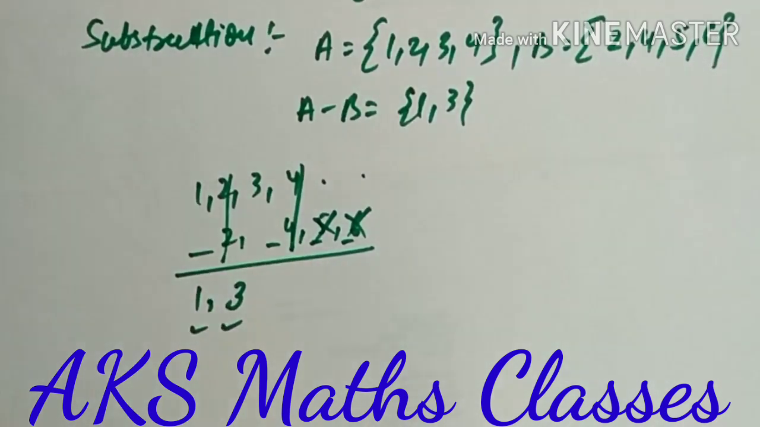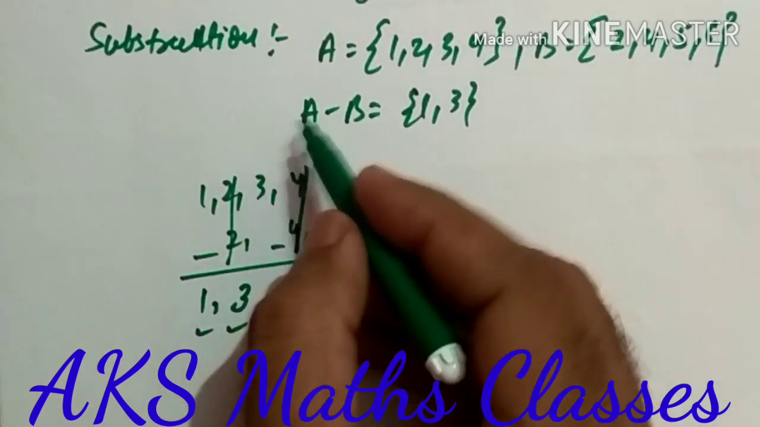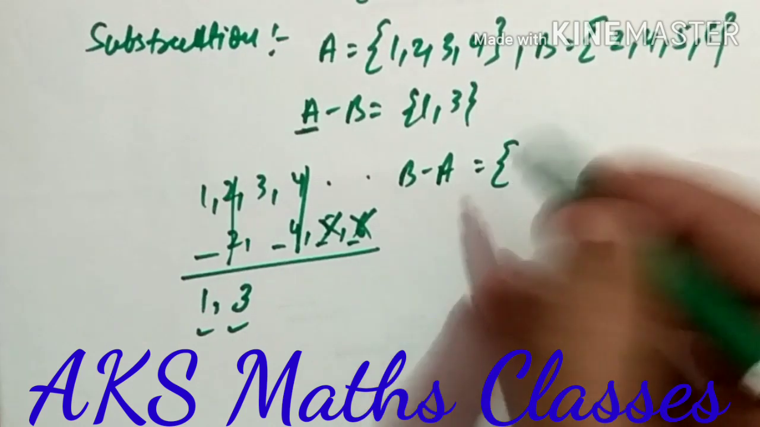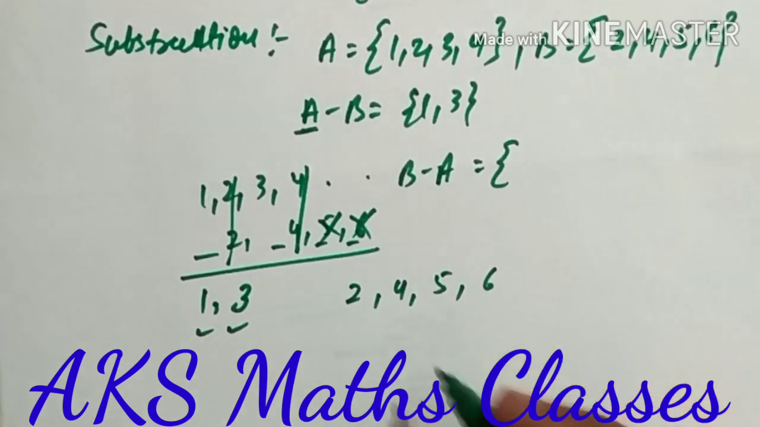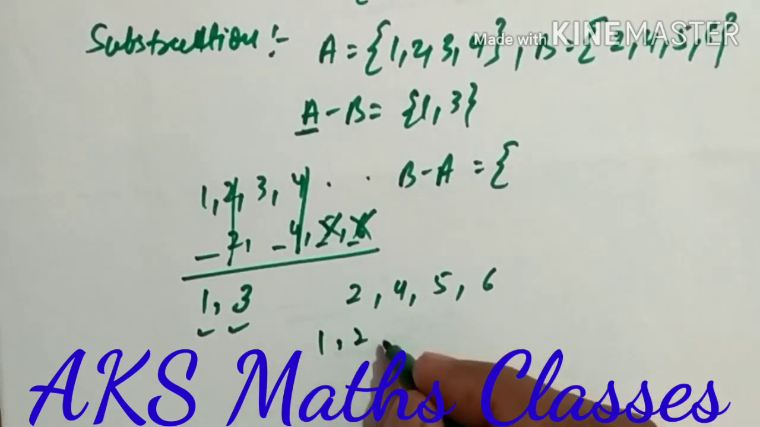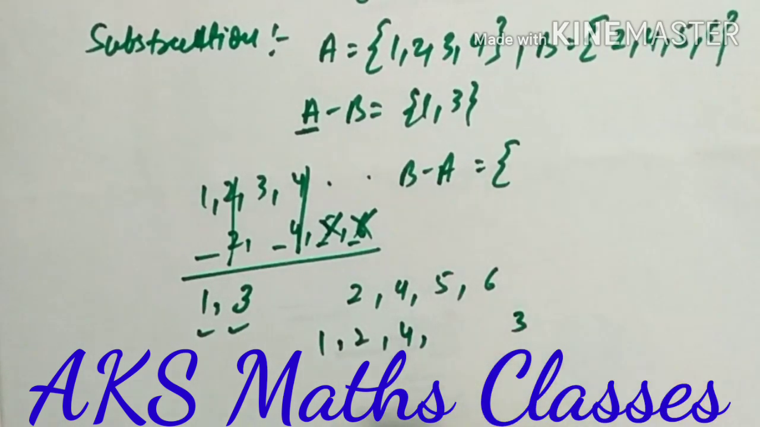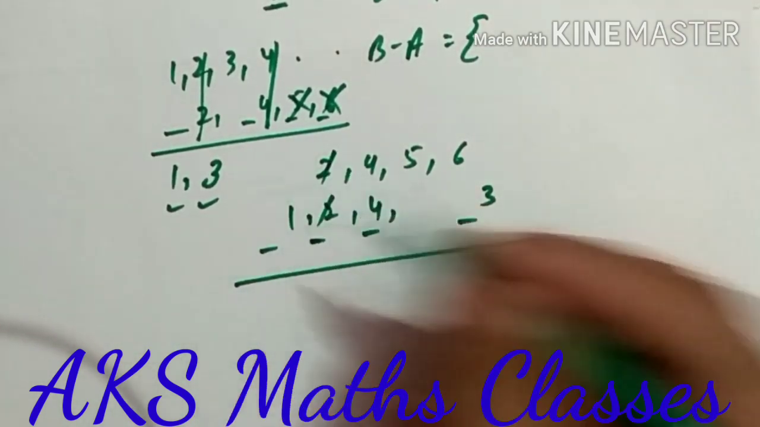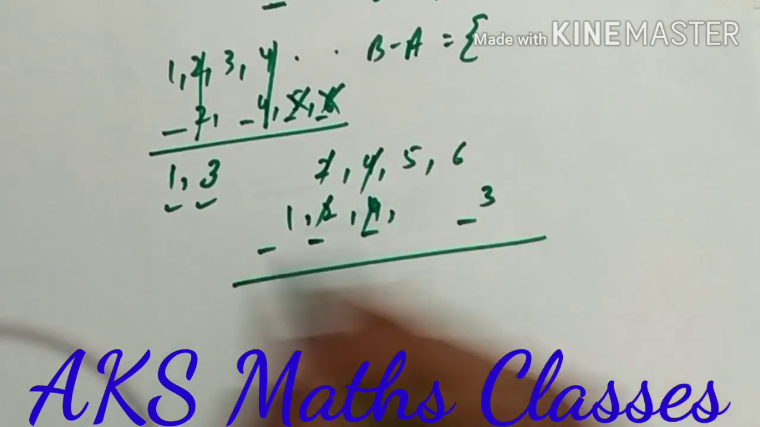In subtraction, when we subtract two sets, we always write the remaining part of the first set, not the second set. A is the first set here, and suppose we take B minus A. See, B first is 2 4 5 and 6, and A is 1 2 3 and 4. If we subtract, this 2 is cancelled and this 4 is cancelled. So what is left? This 5 and 6, not minus 1 minus 3,